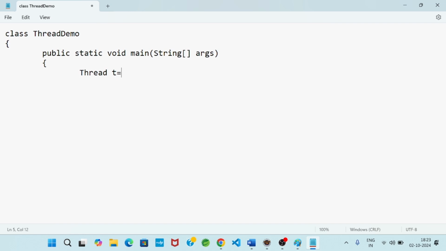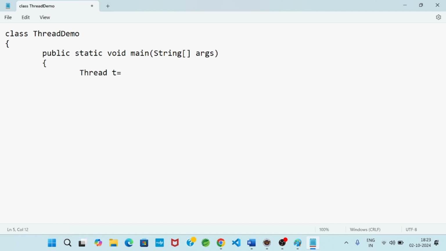I told you, every Java program has a default thread, and that thread name is main thread.